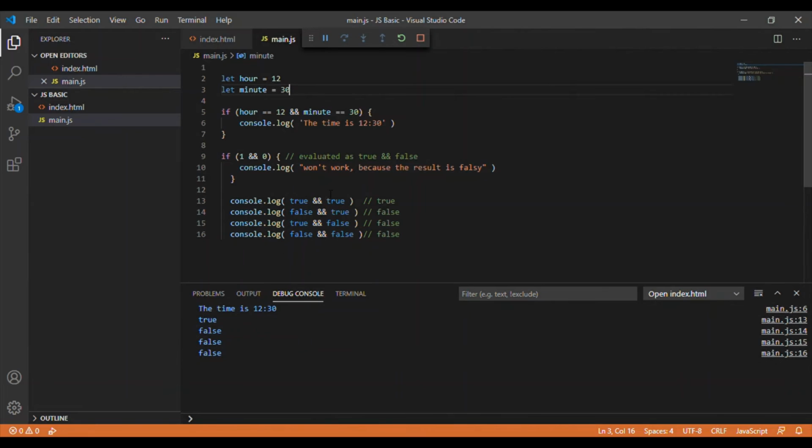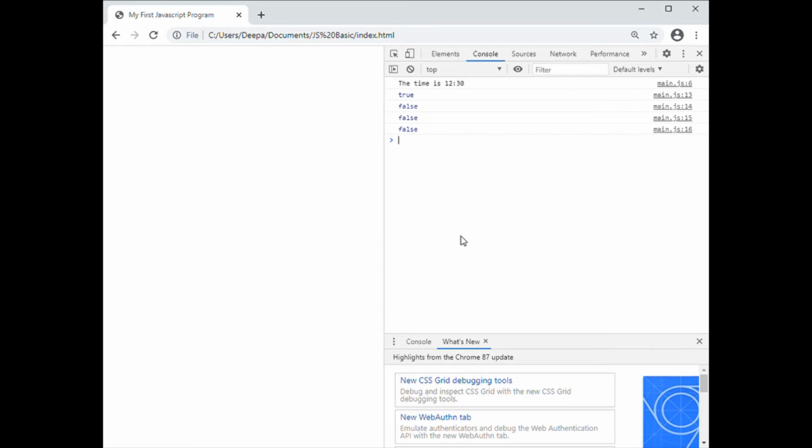Also we can see them in the browser console. Yes, we can see in the browser console the time is 12:30. This is true. Won't work, I think that has not come, but the true, false, false, false, all things are correct.